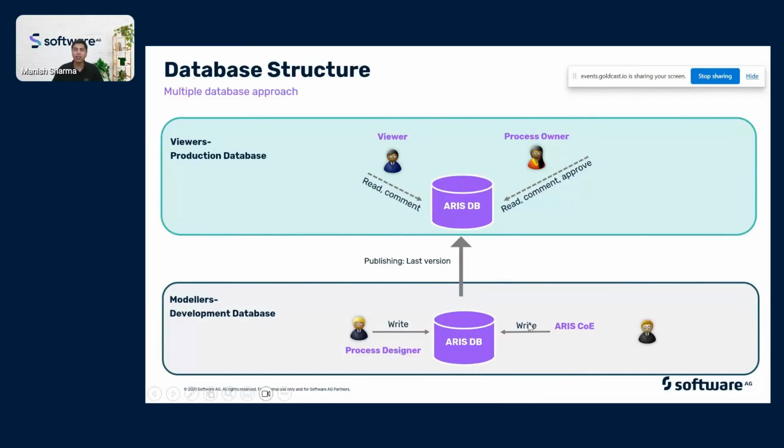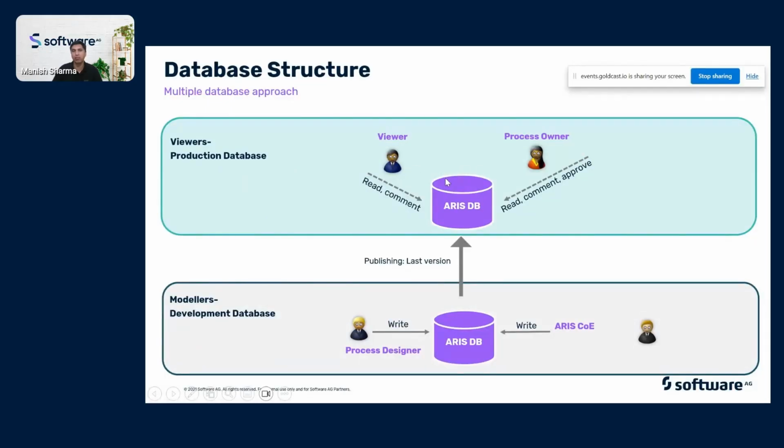Okay. Another thing that you wish to note here is that this particular approach works on a multiple database structure. In this case, it is actually a 3-layer database. We separate out the content design from the publication. So there's a development database where the designers and the COE have the right privilege and they create content here. And there's a production database which is actually published out to the viewers, where you can look at the